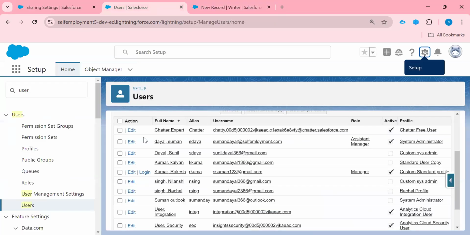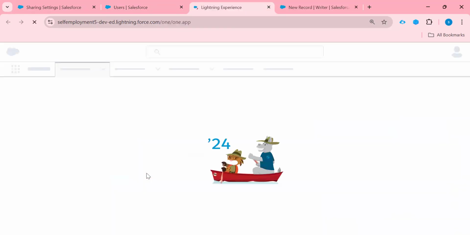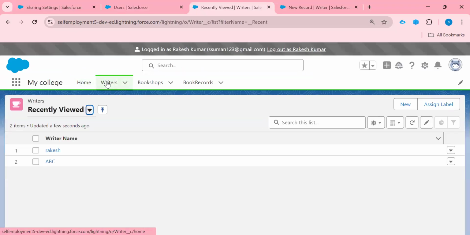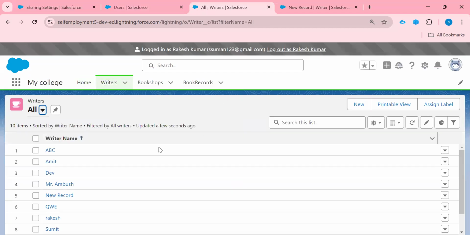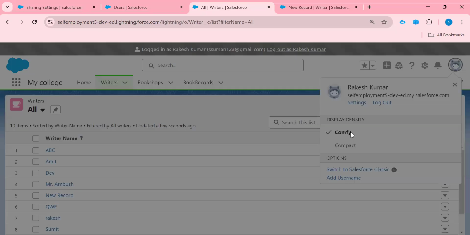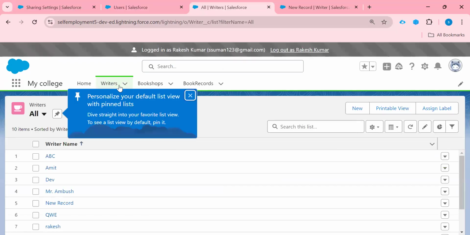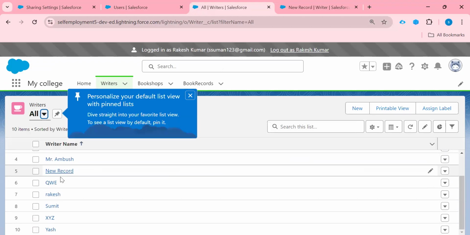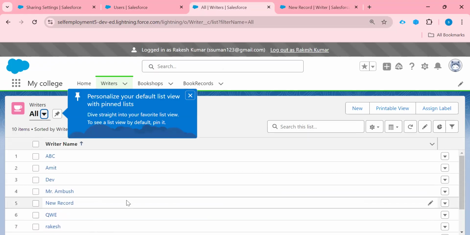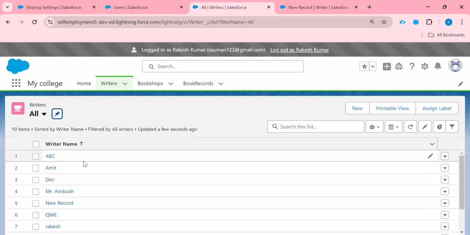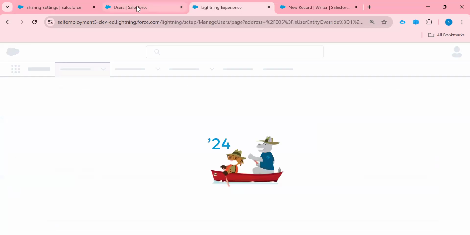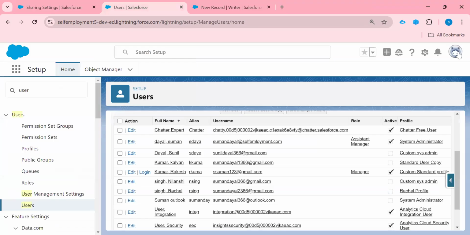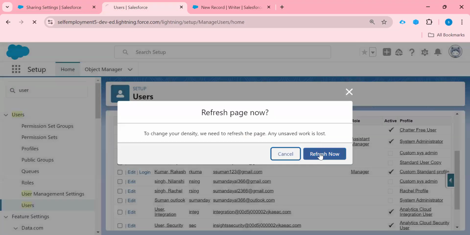Now come to our user, and log in one more time from our user account. Let me refresh once before this.